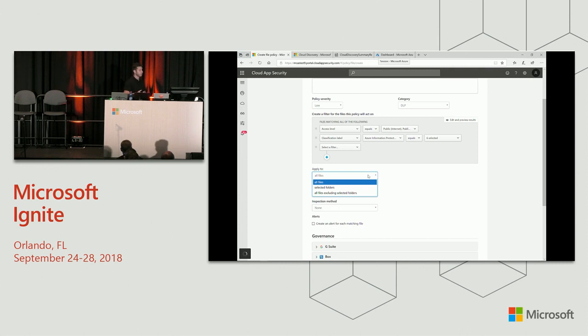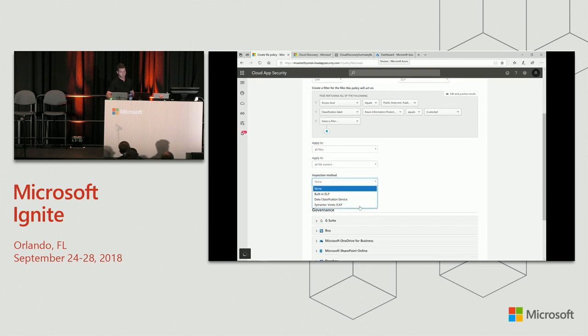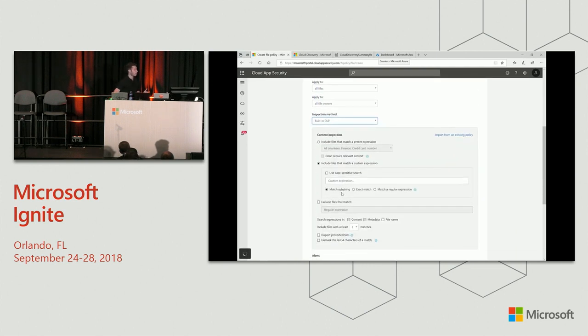So the way to do it will be to choose all of the files that are being externally shared and to exclude this business unit and to exclude this SharePoint site. And for the rest, all of the other files that we see that are externally shared, we can go ahead and inspect the content. And when we inspect the content, we can either do it by providing regular expressions that we want to match for, providing keywords, or by using some built-in sensitive information types.